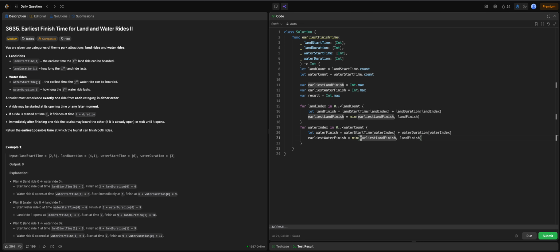Water finish will be the... I should be copying in here. Sorry about that. And this should be the water finish. So we got alias land finish and alias water finish. We need one